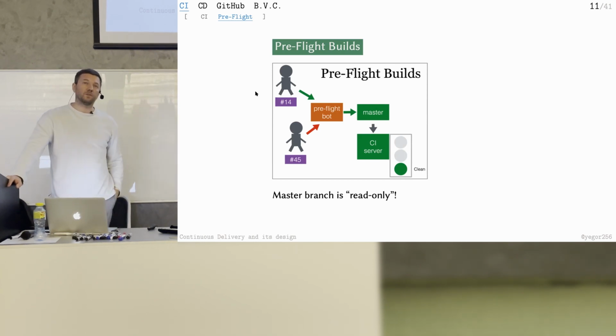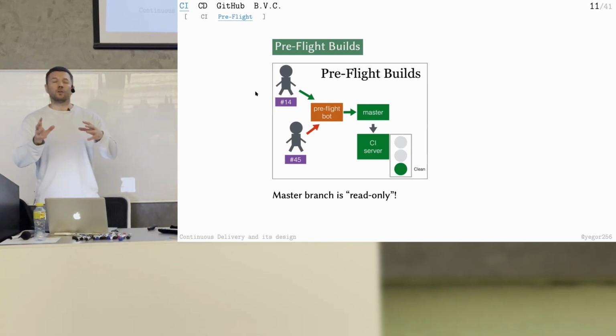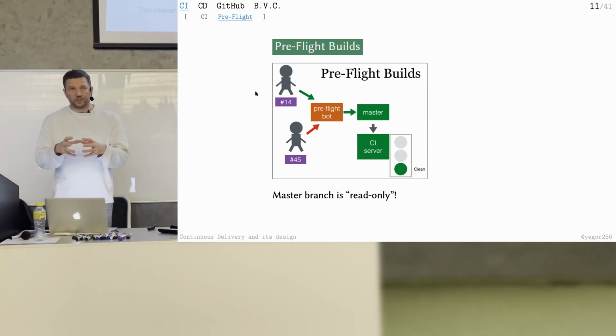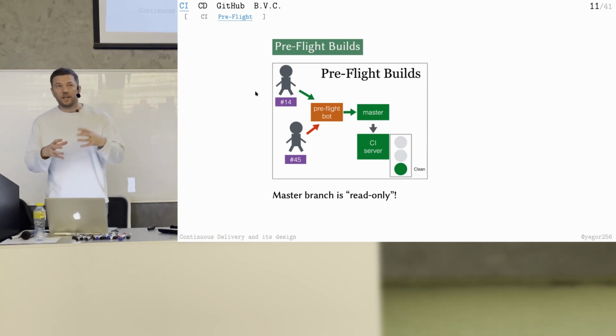That's a different story. These bugs will not break the build. Why? Because there are no unit tests to break the build. I mean, maybe I didn't explain it properly. I understand your question. When you make your changes, and you introduce maybe some tests, or maybe no tests, then you give it to the pre-flight bot.